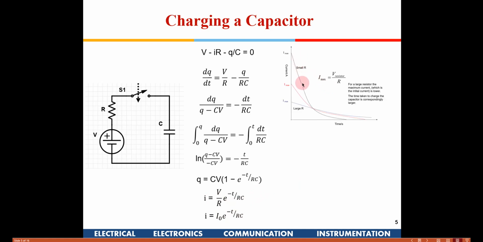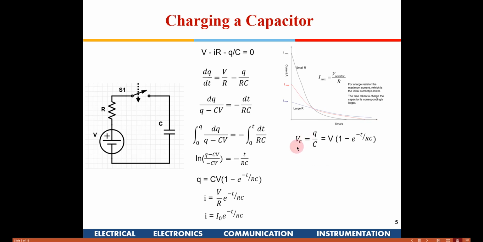So this is the graph if you see here. Now if I put a small value of R, the capacitor will get charged at a fast rate. But if I put a large value of resistance, the capacitor will get charged slowly. It will take that much more time to get charged to V0. So that would be the response of the circuit.